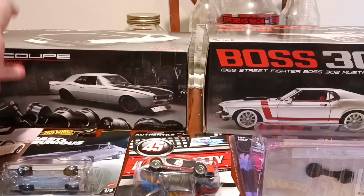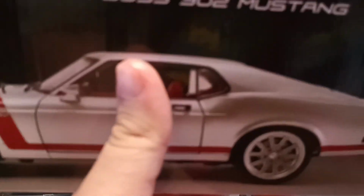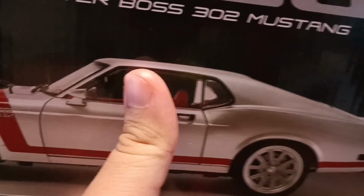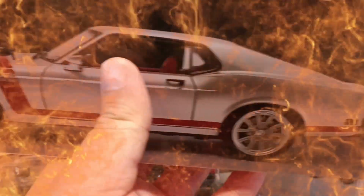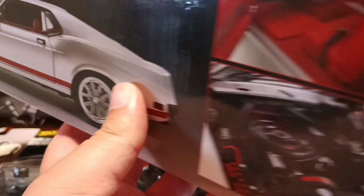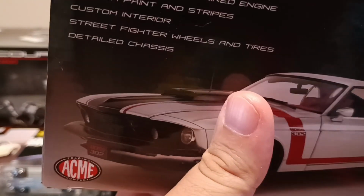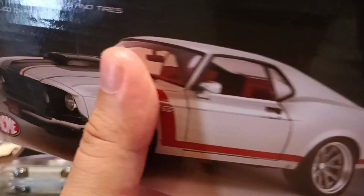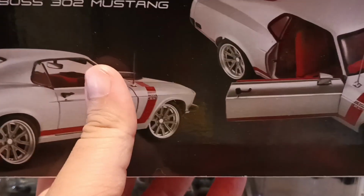And then I also got the Acme Mustang Boss 302 Street Fighter. This one I put away because I don't think there were any screws on the base. I don't think there were supposed to be, but I'm going to wind up getting this out to review it. But this is another nice piece here. And so, yeah,